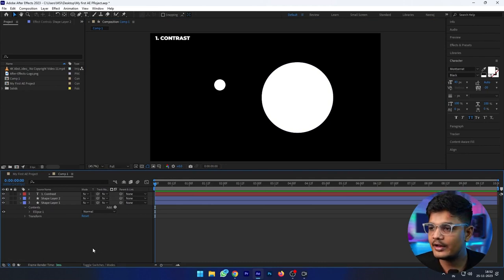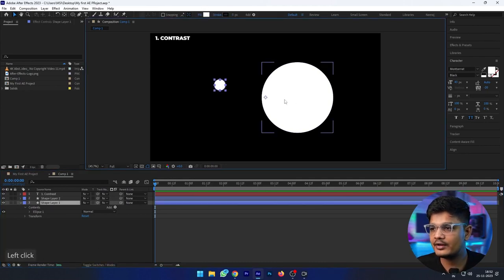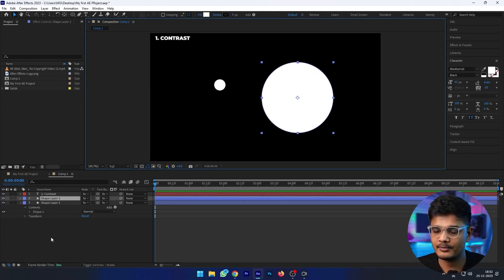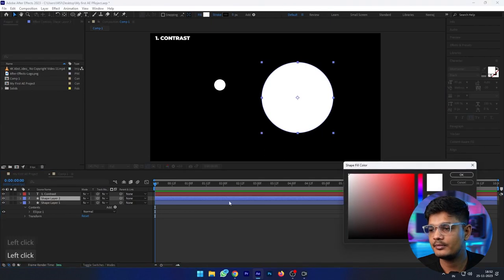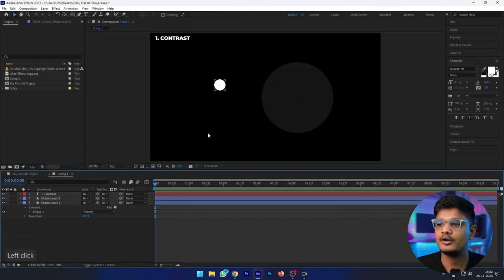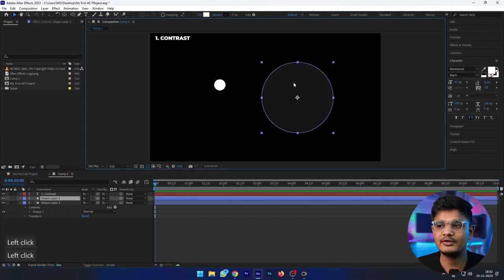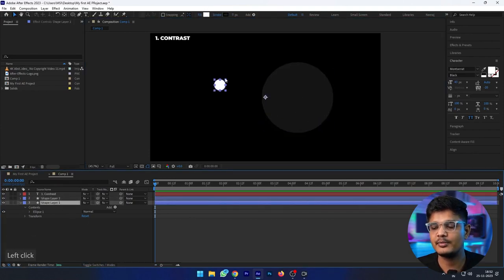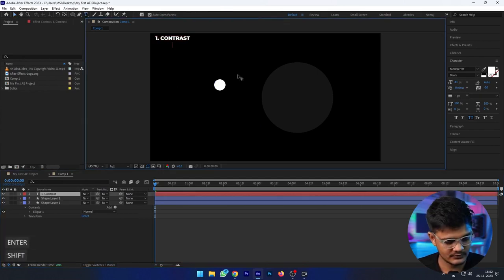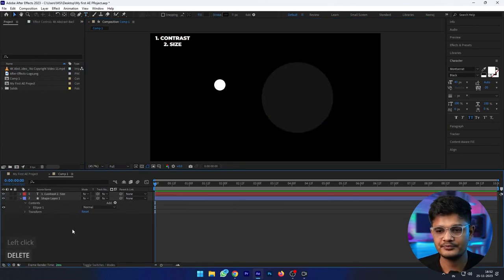Both of their contrast is the same, but this circle's size is bigger. So you can see this first, but if I change its contrast like this, now you can see this first. Even though its size is bigger, contrast matters more. So the second principle is size.